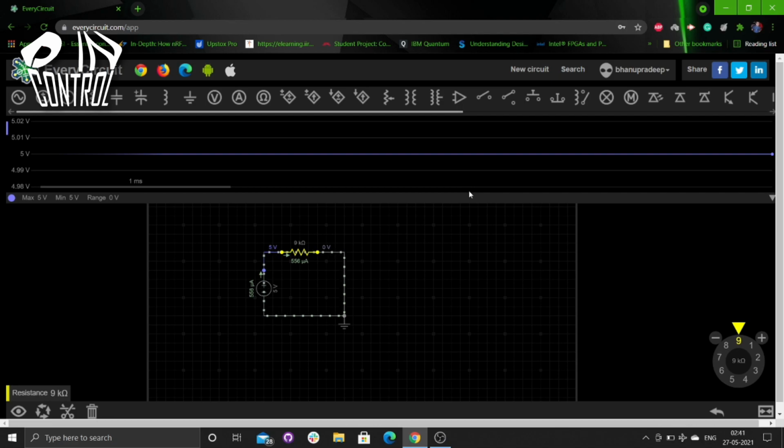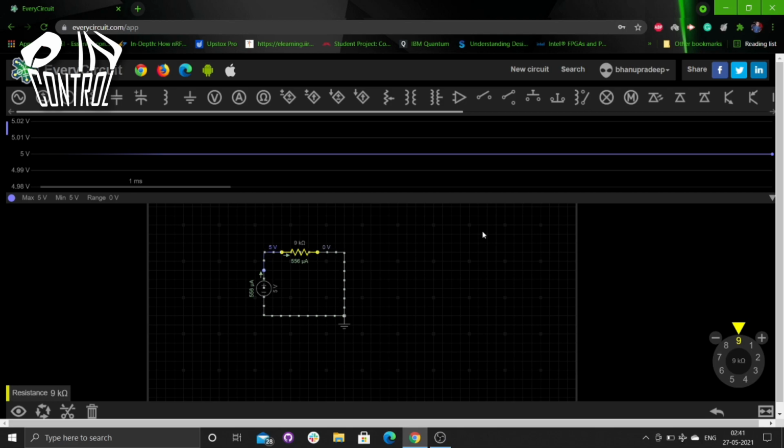So we have observed keeping the resistance constant and changing the voltage, and keeping the voltage constant and changing the resistance. When we keep the voltage constant and change the resistance, the current decreases, and when keeping the resistance constant and changing the voltage, the current increases, because the current entirely depends upon the input voltage. So the next part of this video session is calculation of resistance value by using Ohm's law.